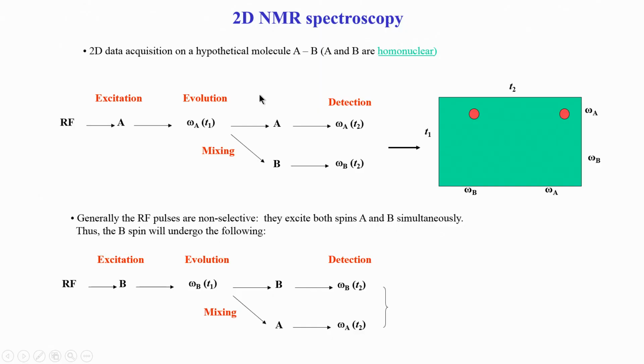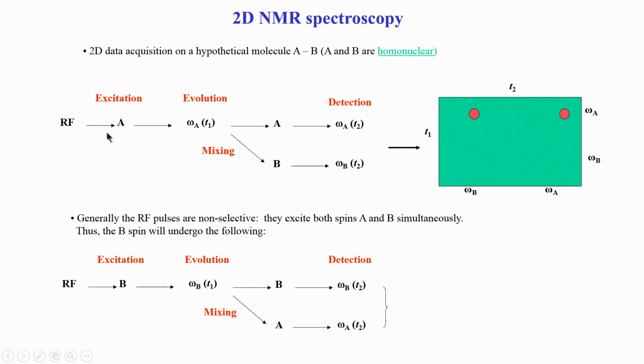So, this is the slide which was shown last time, which showed the schematic of how a 2D NMR experiment works. As I said, we start by applying first an RF pulse to any given nucleus. So, let us say this is one hydrogen proton that excites this particular proton. So, it brings it from the z axis to the xy plane.